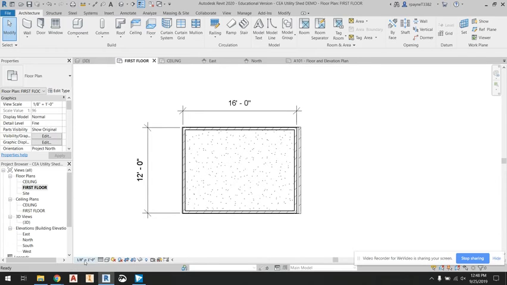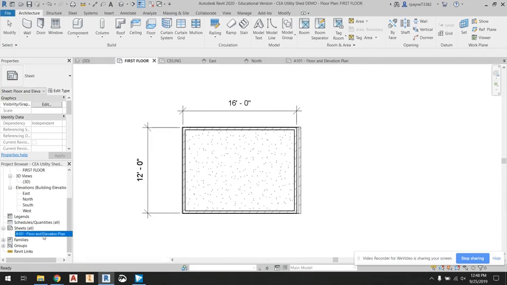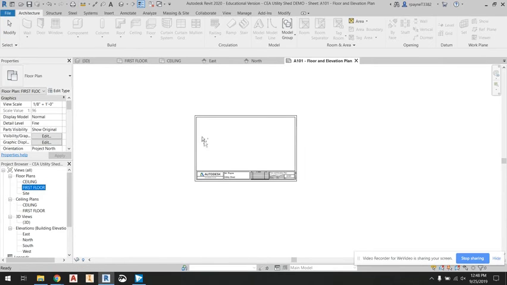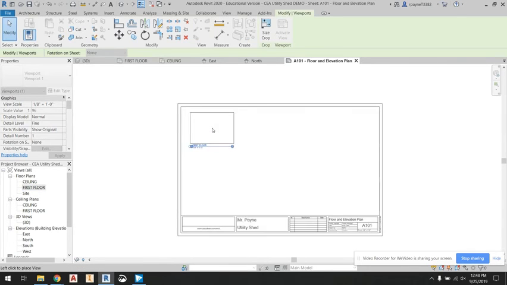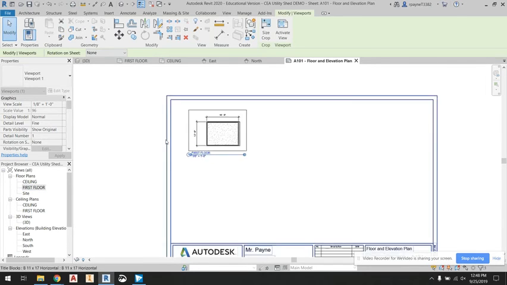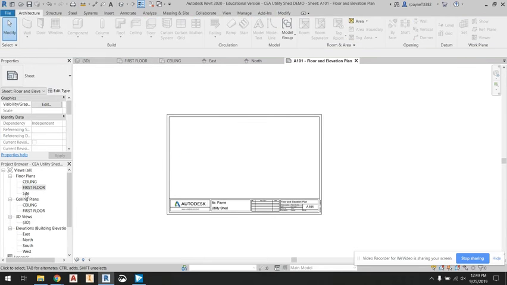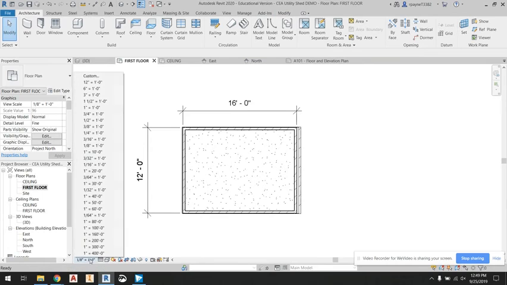The other thing is 1/8 of an inch. You're going to see if I drag it out right now, it's going to show up really small. 1/8 of an inch being a foot. So if 1/8 of an inch is a foot, it shows up really, really small on the drawing sheet. So we're going to just delete that out. We're going to change the scale factor. So we go to first floor plan. If you click on the scale factor down here in the lower left corner,